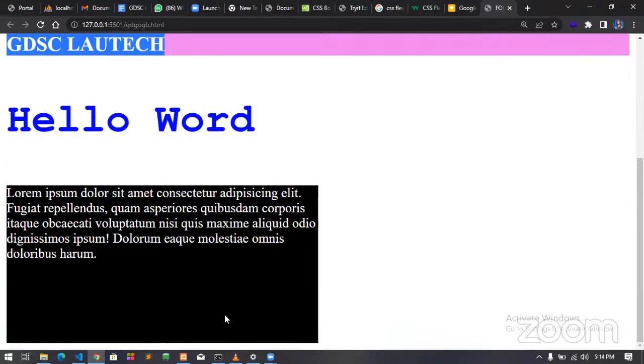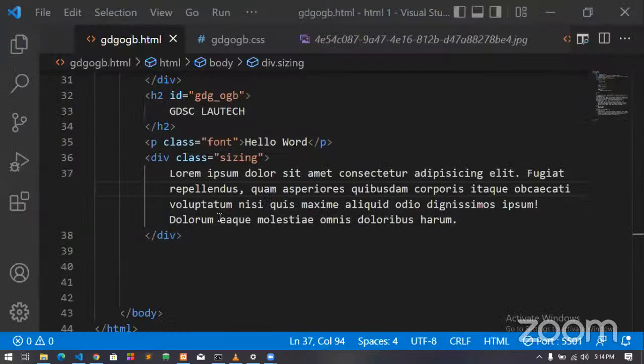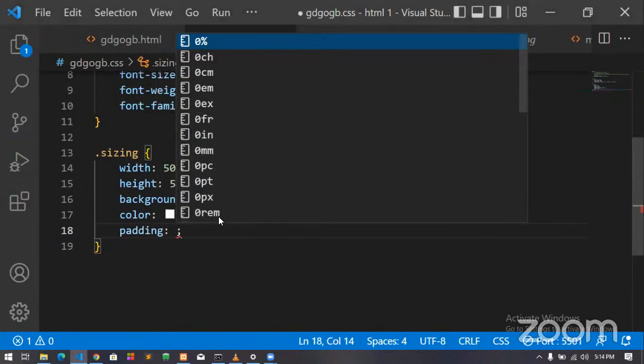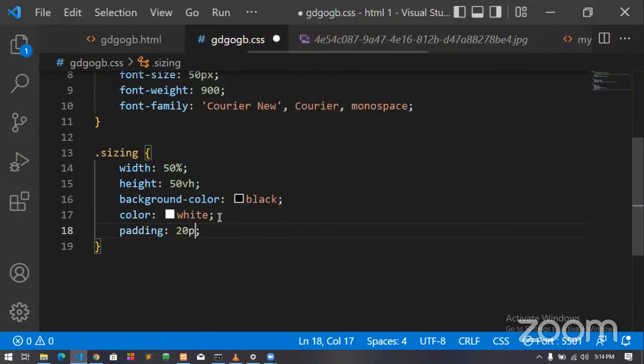That's padding. Now, margin is the distance of the div from the body. So padding is the distance between the content of a div, or the content of anything you are using it on, and its edges. And margin is the distance of that whole container from the body. So if I say that I want this to have a padding of 20 pixels,